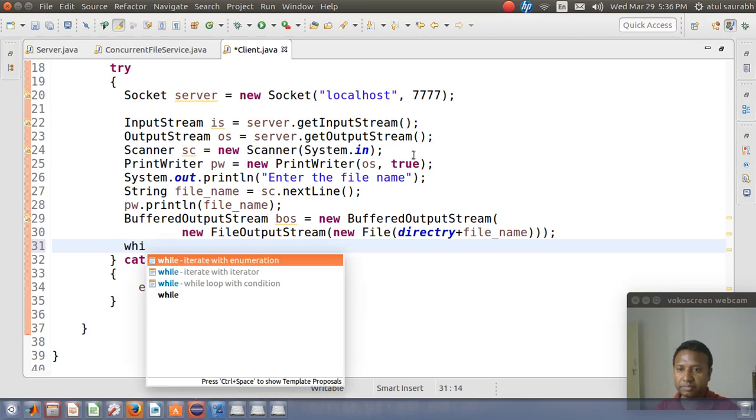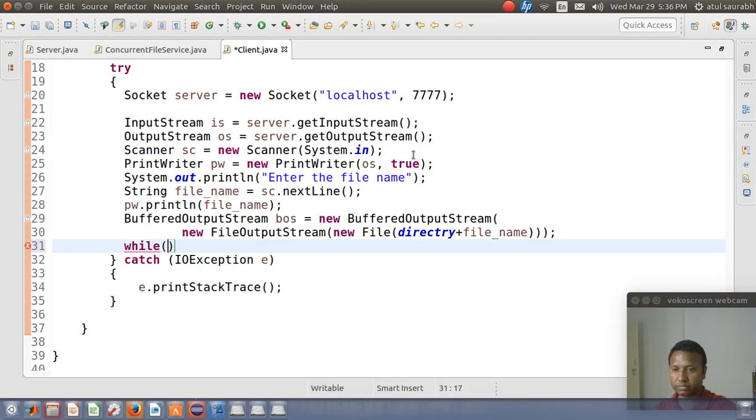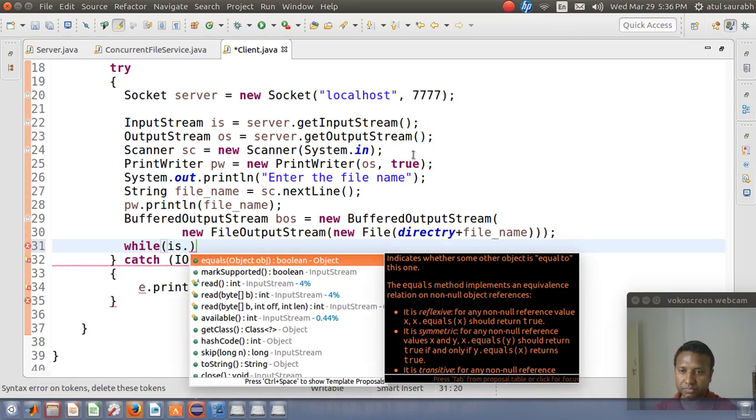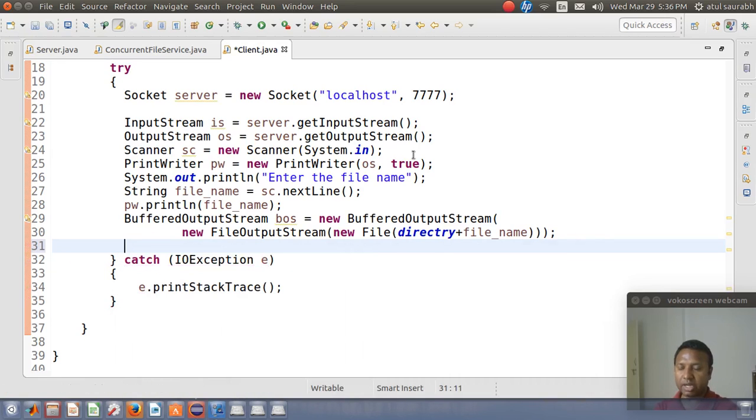So while reading, I want to read the content from the input stream byte by byte, so I require a byte array. So a buffer array equal to new byte array.